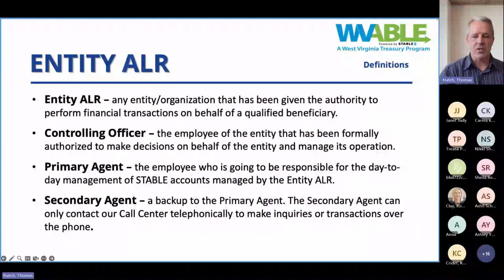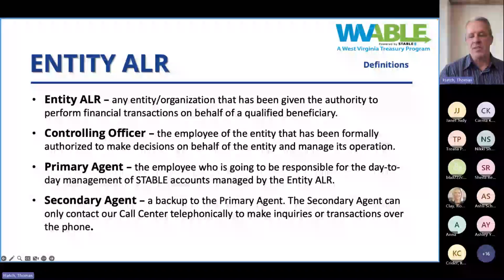We also have a structure where you have a backup. We call the backup the secondary agent, and they basically have all of the same capacities and abilities of the primary agent, except they don't have the online access. So the secondary agent would do everything over the phone. The way that the platform is currently structured is that we can only have a single username and password per account structure. And so the secondary agent, as mentioned, has all the same capacity that the primary agent does, except they would have to do it over the phone. The secondary, again, is looked at more as a backup individual.